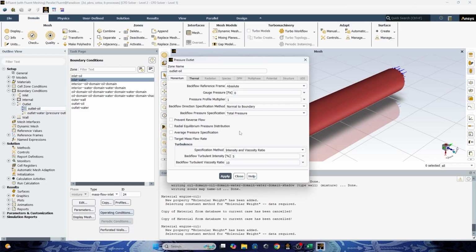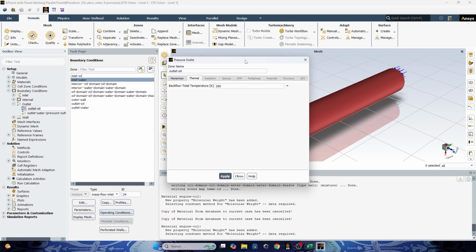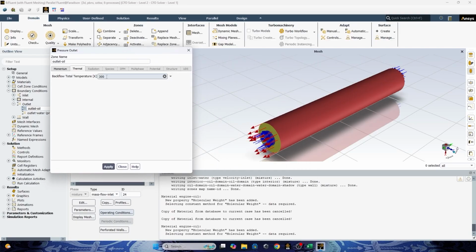And then here you need to change. You can set the default setup, but here you need the same as the inlet setup. Outlet oil 0.5. And for the backflow total temperature, you need to define the backflow temperature.